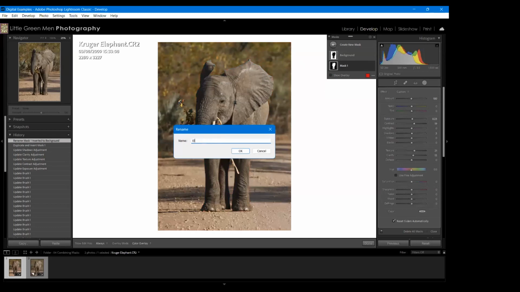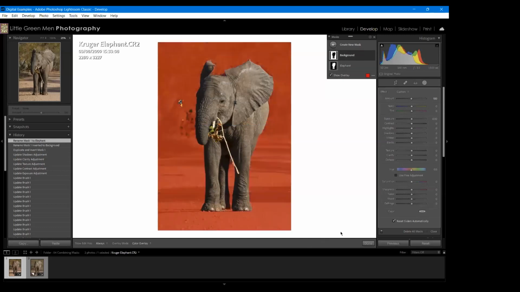Let's change the name of that to elephant. This is just the same as changing layer names in Photoshop. So what can we do here? Well, remember what I said about the fact that the eye goes away from things